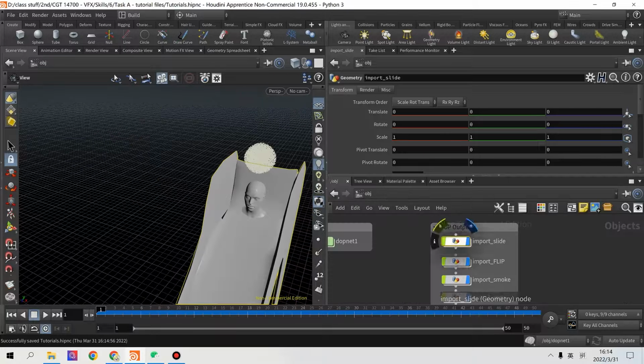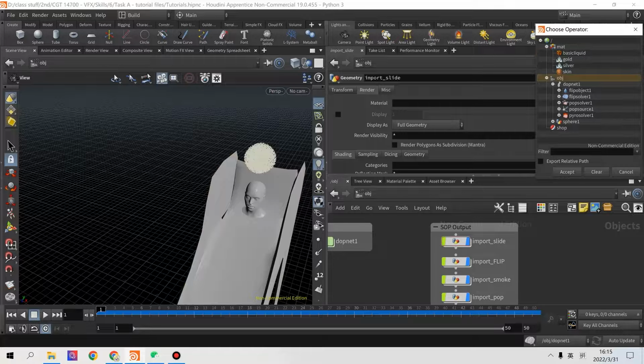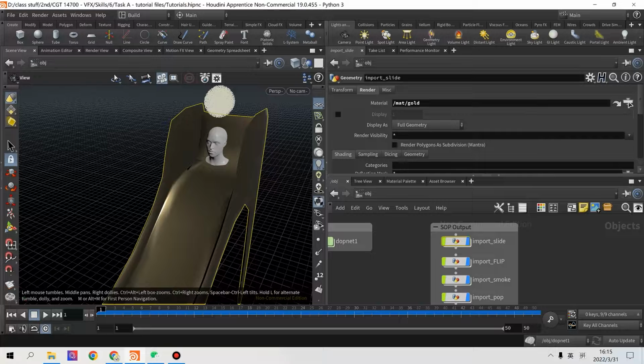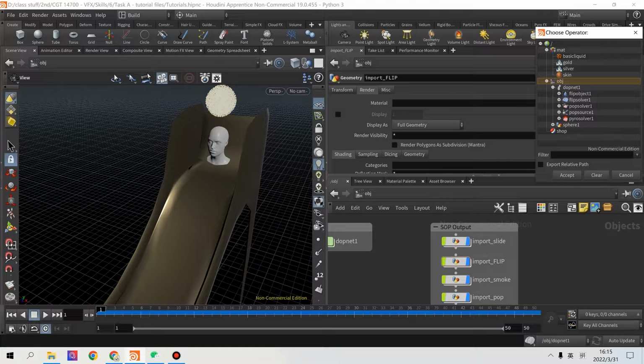Okay, so after slide, when we go back to the SOP output and select the import slide node, and click on the render tab, we can see that there's a material and we can choose its path. For that, we are gonna open the matte folder, and we can choose gold. And immediately we can see that the texture of the slide changes into something goldish, and that means we are doing the right thing. And for the flip, we're gonna do the same thing, but we are gonna reference basic